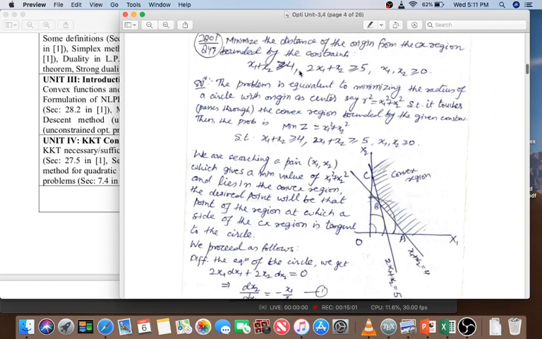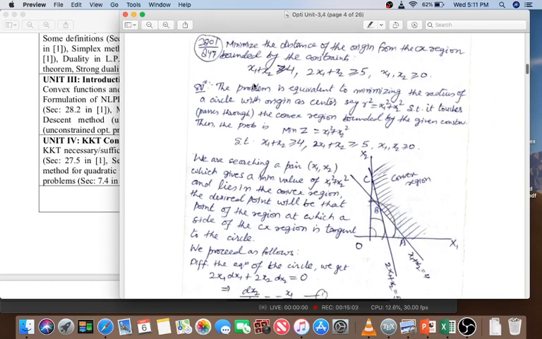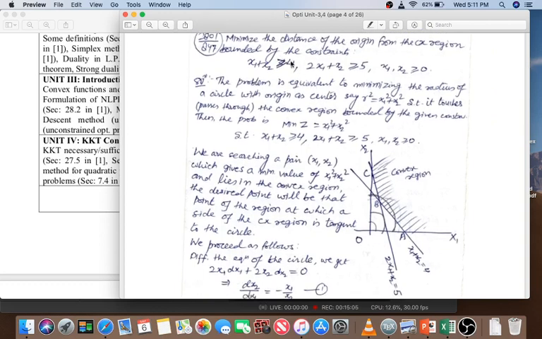How? Firstly, you plot the convex region x1 plus x2 greater than or equal to 4, like we have done in the LPP graphical method. I will take a line, and because it is greater than or equal to, I will take the region above this line. Second is 2x1 plus x2 greater than or equal to 5, so this is the line 2x1 plus x2 is equal to 5, and greater than or equal to means I will take this region. So the common region of these two, if you see, is coming out like this, which I have shown here by this shaded line.